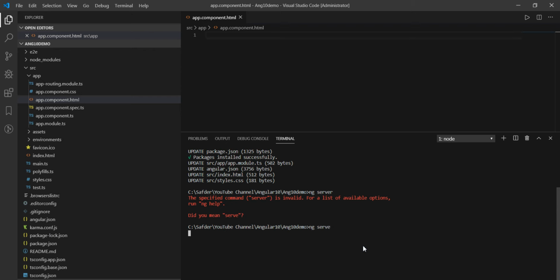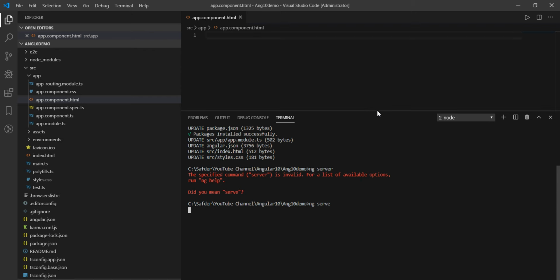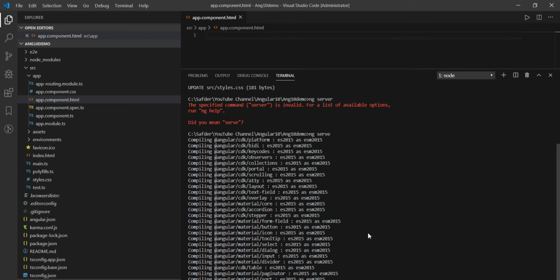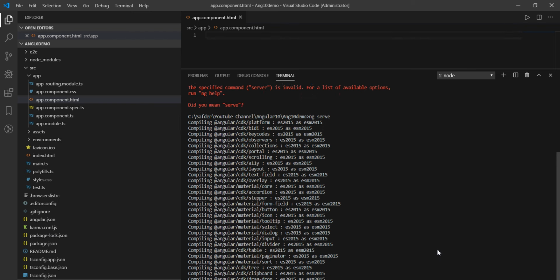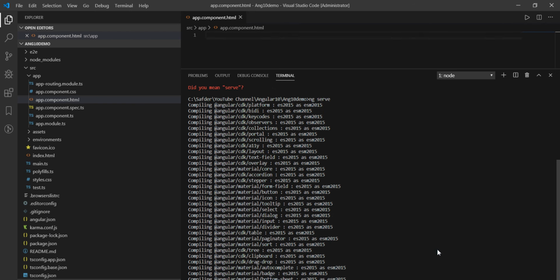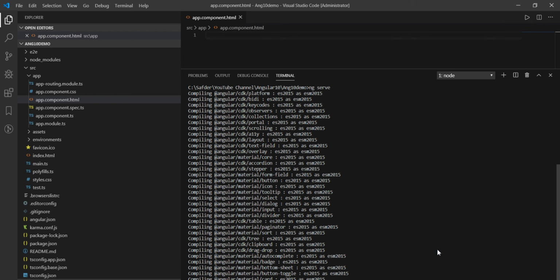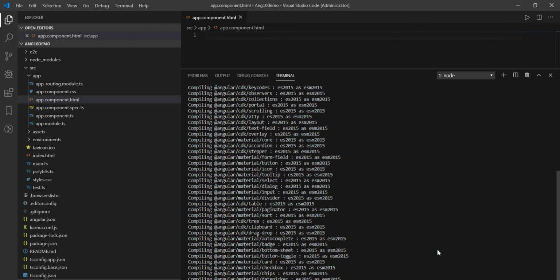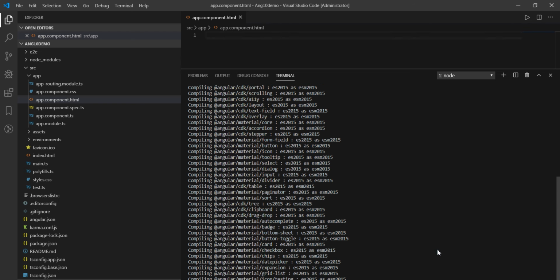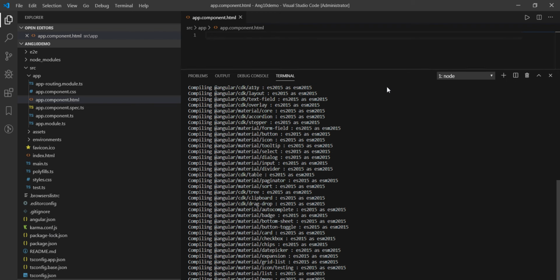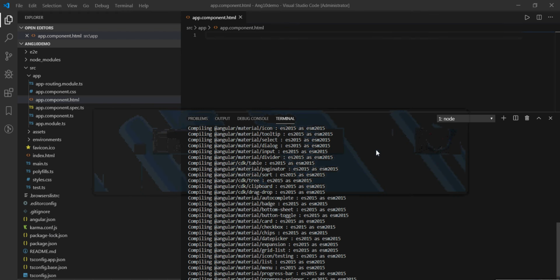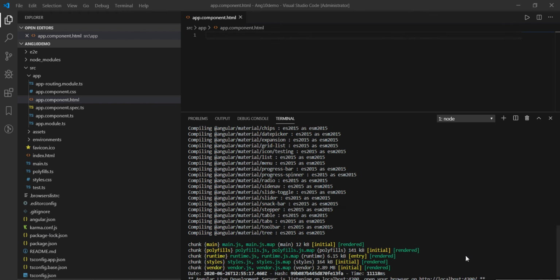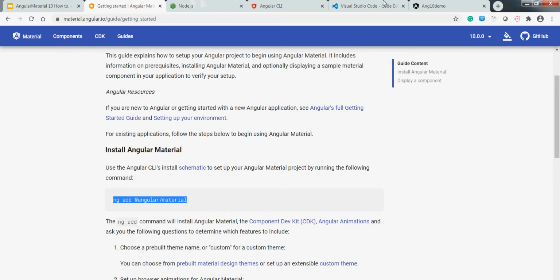Yeah, so now we are going to start the project again. Yep. So our project is up and running on the same port 4200.